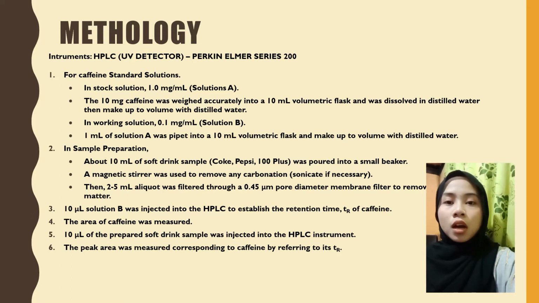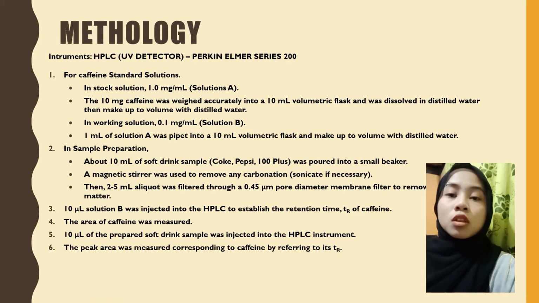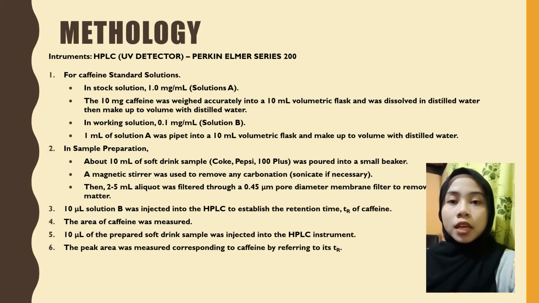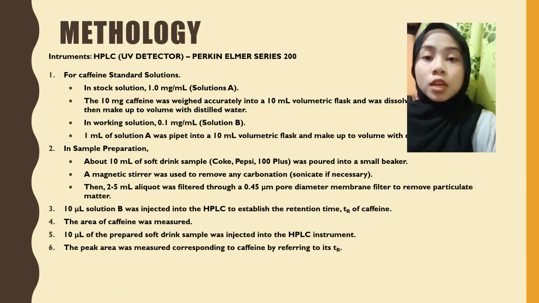with distilled water. In the working solution, 0. mg per ml is labeled as solution B. 1 ml of solution A was pipetted into a 10 ml volumetric flask and made up to volume with distilled water. For step 2, in sample preparation, about 10 ml of soft drink sample, which is Coke, Pepsi, 100 plus,